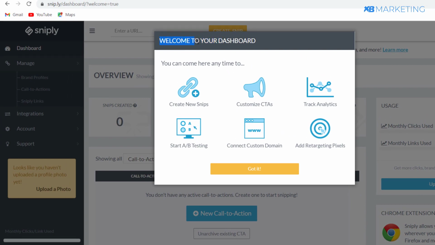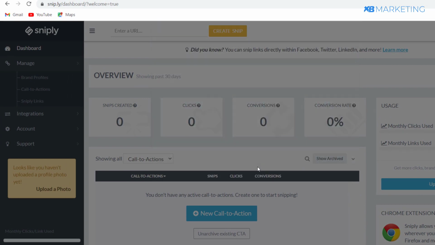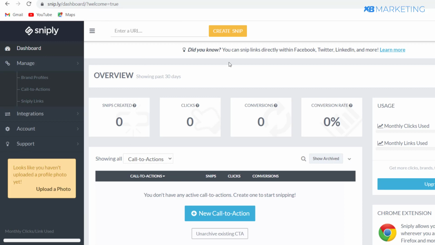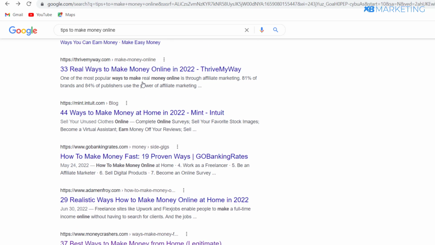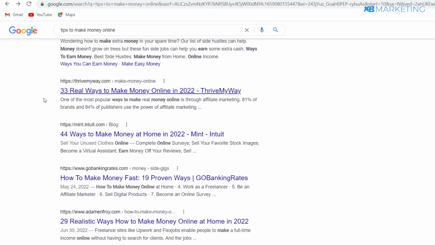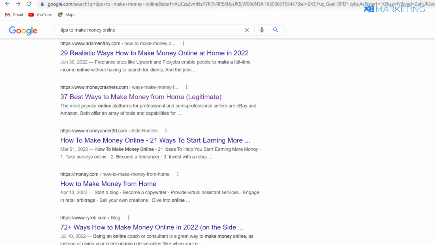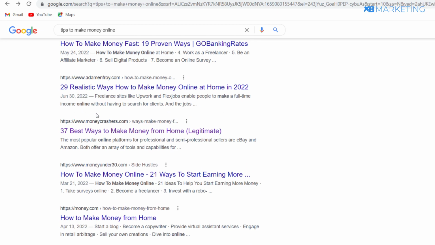As you can see, welcome to your dashboard. You want to click on this got it right here. So the next thing you want to do is very simple, is to come over to Google and you can go through any of these tips right here and you want to pick one of these tips. All right, so what I'm just going to do, I'm just going to pick this one right here, okay, as